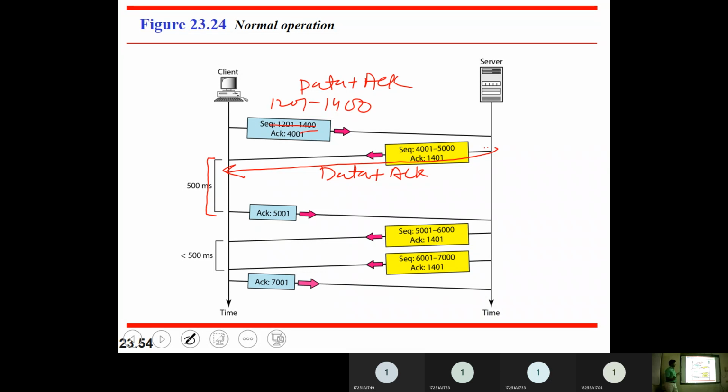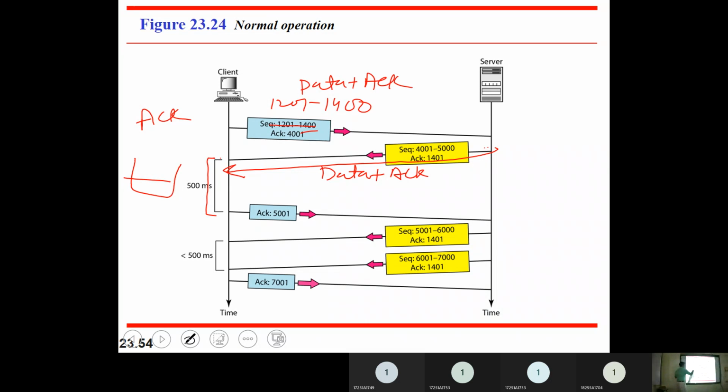Within 500 milliseconds, you should be sending an acknowledgement. So the condition on how to send an acknowledgement is: if you have some data, you can send data plus acknowledgement. But if you do not have any data to send, you can wait for receiving another data. This is one unacknowledged segment which I have in the buffer.